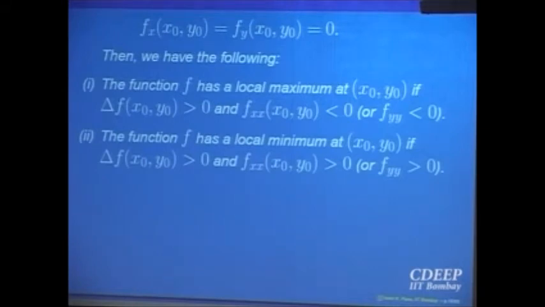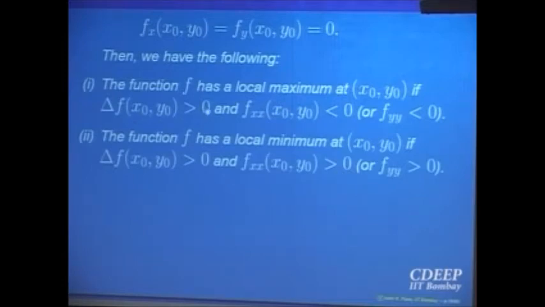There was the second derivative, right? If the second derivative at that point is negative, then the function has a local maximum. Function of one variable, same thing here. If the second derivative condition is less than 0, it says the point is a local maximum. And with the same condition, but the second derivative bigger than 0, it says it has a point of local minimum.